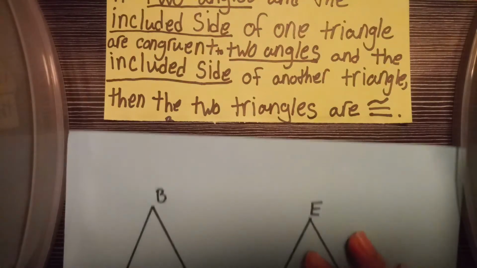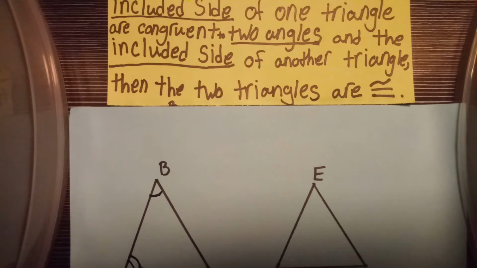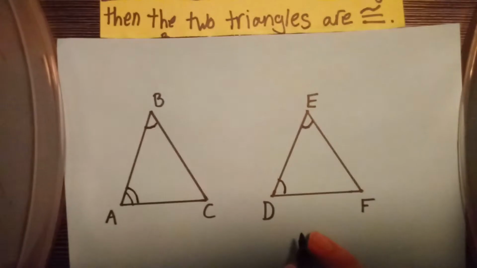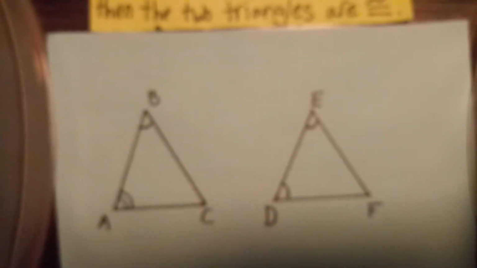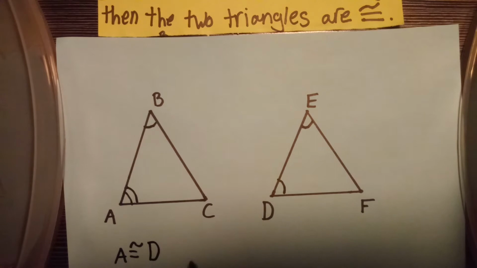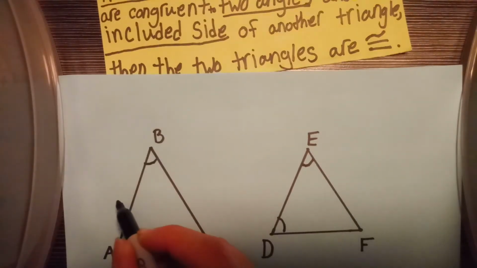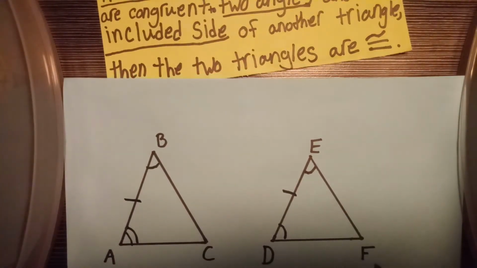So what that's saying is if two angles are congruent to each other, and the two congruent angles would be A and D, and B and E. But it's asking for an included side, and the included side would be right in between,